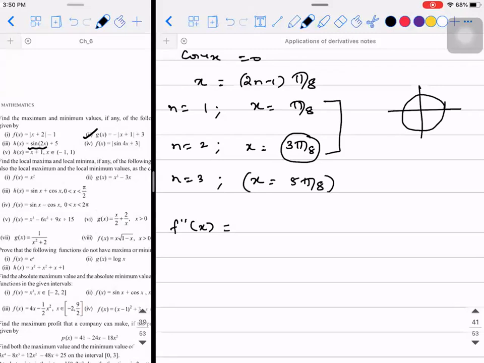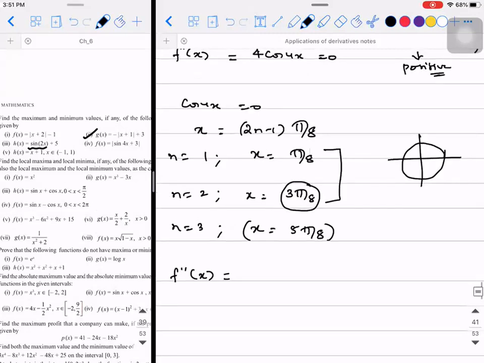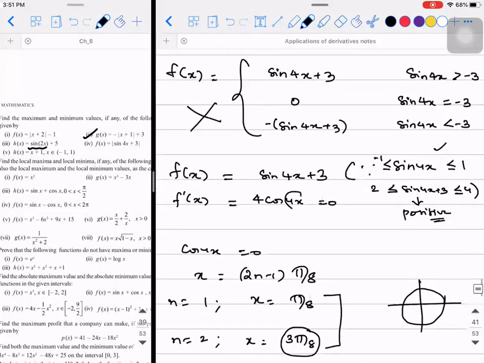Okay. Then what else is there? 7 pi by 8 will also come. Okay, you can try that. Sir, until 16 pi by 8 you can do it, because it will be within that cycle. But no need, because since you are going to multiply this with 4, it will get repeated again and again. No need to do that much. Because you're going to take this value of x and substitute it here only.